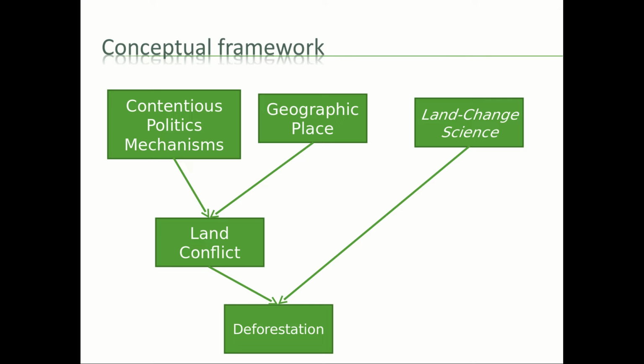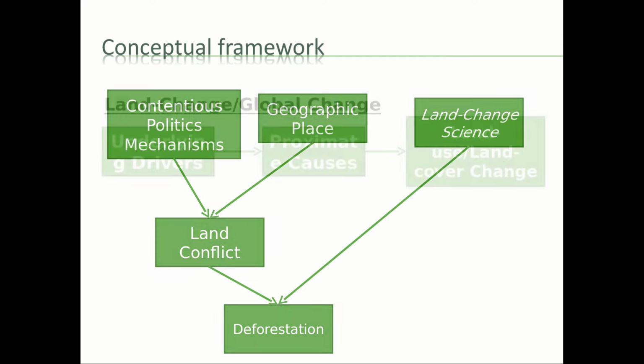Contentious politics is about what happens when those avenues don't work, and what people do outside of those commonly accepted ways. And when you combine that with certain characteristics that are unique to geographic locations, you can often get land conflict, and that's the case in the Eastern Amazon at least, but across much of Latin America. And then if we combine the fact that this land conflict is happening with knowledge about what causes people to change the landscape, we can see how land conflict relates to deforestation.